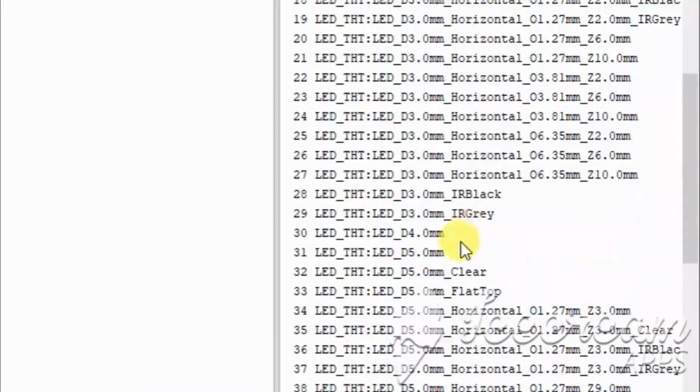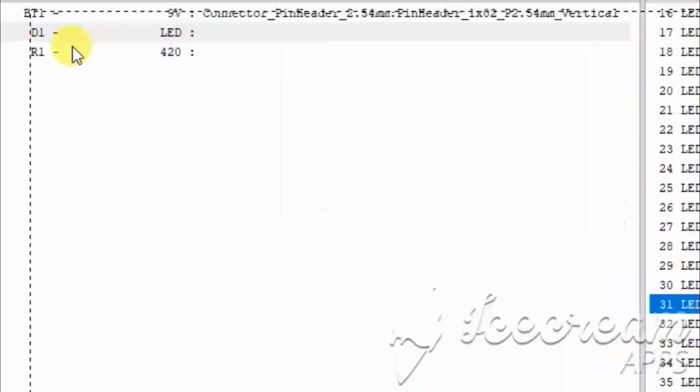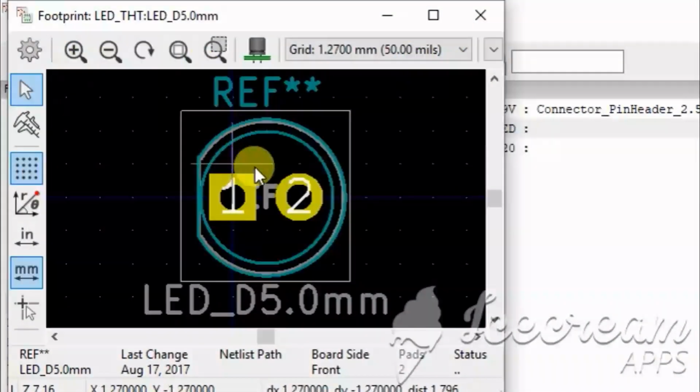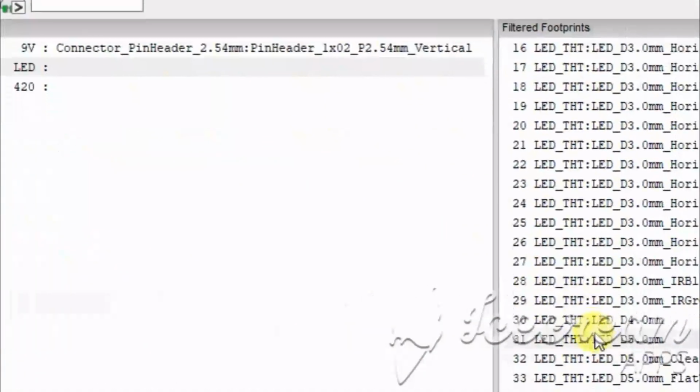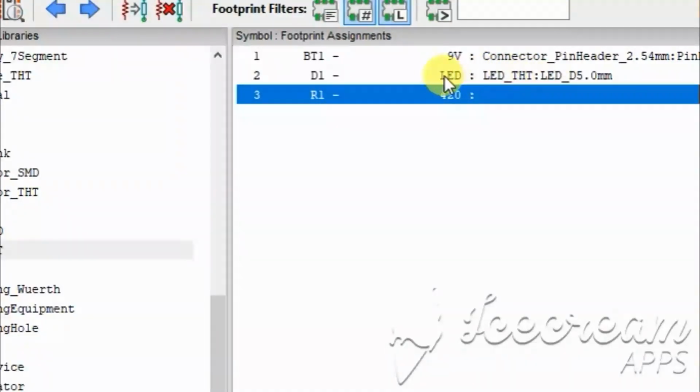Search LED THT, LED_D5.0mm, and click this component library and show this view with this tool. Click this tool and this is the view for LED D5.0 mm. Close this and double click this library, adding the library for your component.